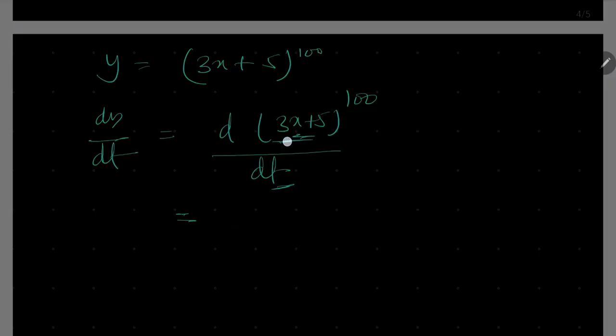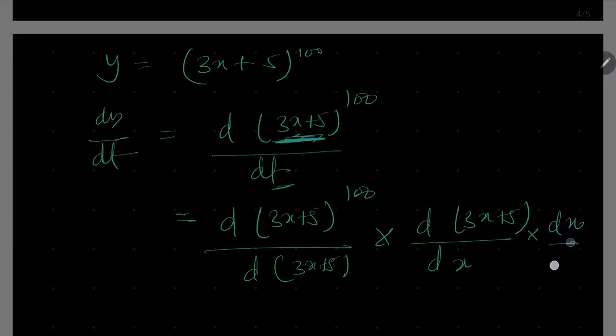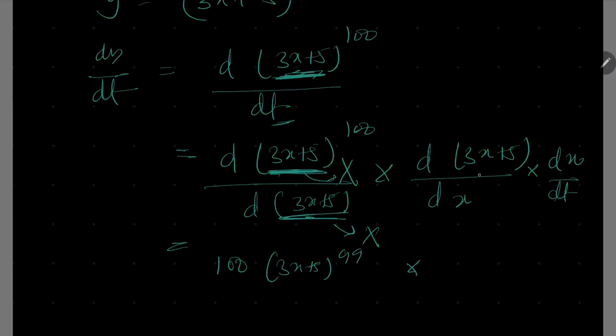Whatever is written here, put it here. Differentiation of (3x + 5) raised to 100 with respect to (3x + 5), multiplied by differentiation of (3x + 5) with respect to x, multiplied by differentiation of x with respect to t. Now, whatever is written here, let's say it's a capital X. Now you can apply the x raised to n formula. It is 100 into X raised to n minus 1, which is (3x + 5) raised to 99, into